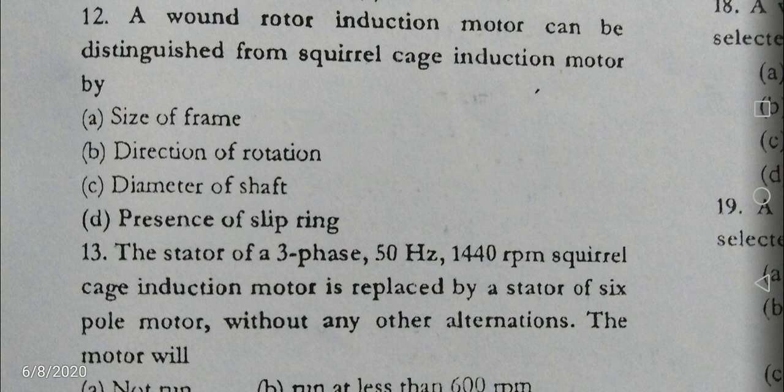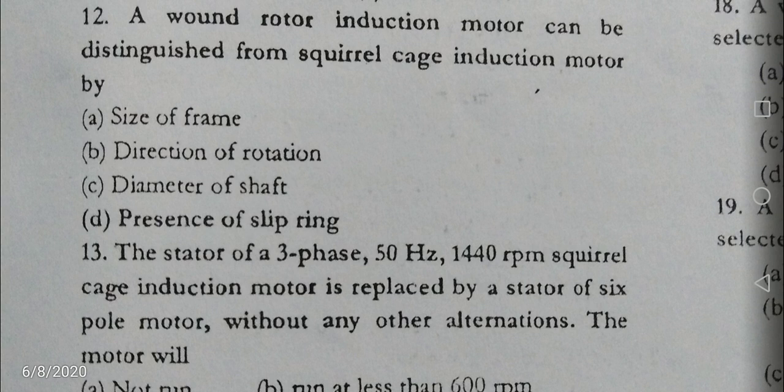So we can say that in the earlier condition, the machine is running at 1440 rpm. The 1440 rpm means the machine stator poles are 4 poles. Here it is not mentioned that it is 4 poles. Sometimes we can expect this type of problem, because when the rotor is running at 1440 rpm, then the ns may be 1500 rpm. The ns is 1500 rpm because 4 poles are there.